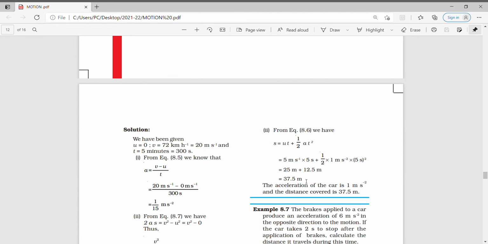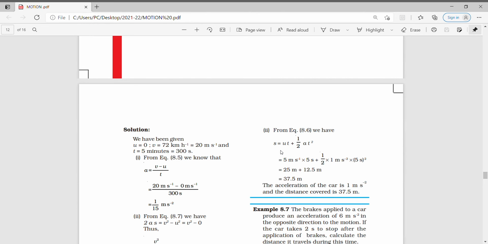Children, you need to remember one thing. You don't have to cram that this particular equation of motion will be used in this particular numerical. How to decide about the equation of motion which will be used? For that, you have to see the quantities which are given to you, and see the quantity that you want to find out, and then